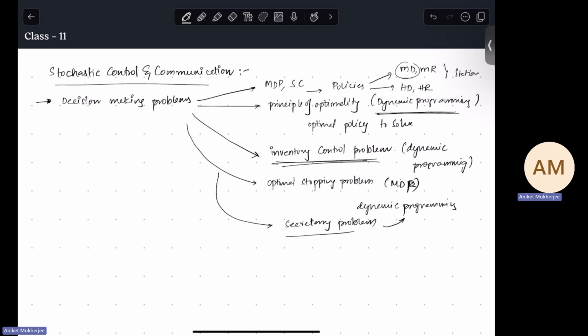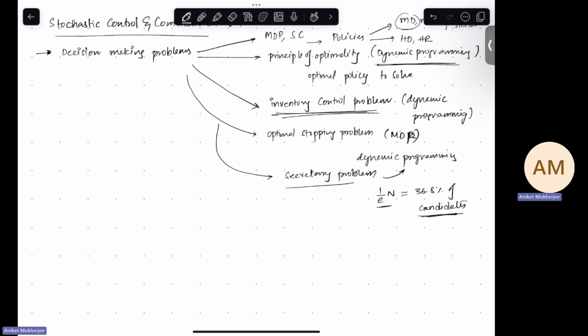We saw that the answer to the secretary problem was to stop after you reach 1 by e, which is approximately equal to 36.8% of candidates. You look at the first 36.8% of candidates, and after that, if someone meets your threshold, meaning they are the best candidate so far, you accept them. Okay? So these were our decision-making problems. So today we'll see about